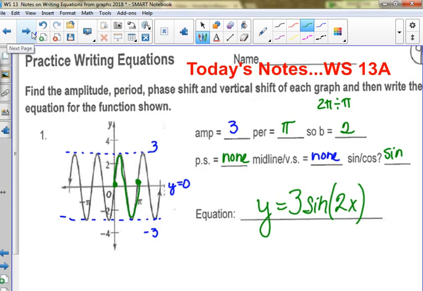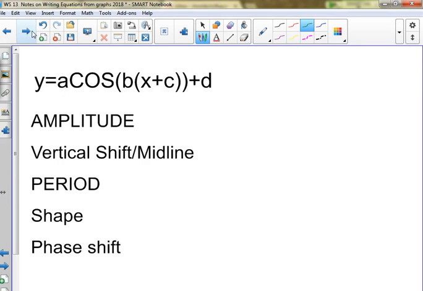Guess what? Tomorrow it's going to be word problems where you have to figure out how to graph it and then how to write the equation. Ferris wheel, spring going up and down, around the equator, tides, all that kind of stuff, okay? All right. For today,